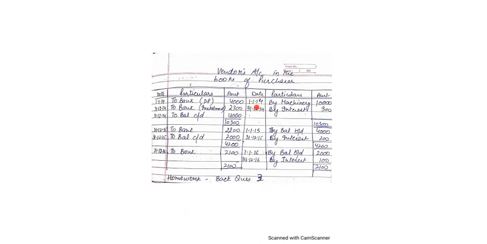By machinery account on 1st January 2014 with the full cash price, right? He has paid down payment of 4,000. So on the debit side, to bank, the first entry will be passed for the down payment of 4,000. At the end of first year, interest will be due. So by interest 300, which we have calculated in the table. Then he will pay the installment amount at the end of year, to bank, installment.